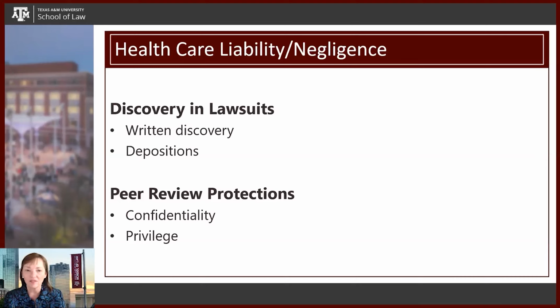I mean, we have both written discovery, which are interrogatories, requests for production, those types of questions back and forth between the parties. And typically you'll see those as request for disclosure, request for production, and interrogatory. So each side will have to answer in writing the questions of the other side. If there's discovery that needs to come from a third party, but somebody who's not involved in the lawsuit, then generally there will need to be a subpoena for that information. And then there's depositions. And again, you can depose people who are actually a party to the lawsuit, and sometimes third parties that may be fact witnesses, but not a party in the lawsuit.